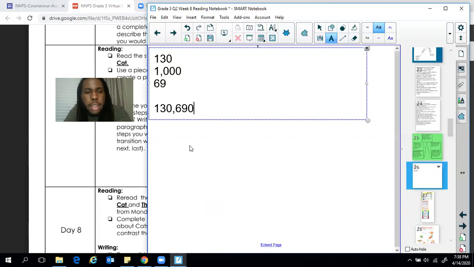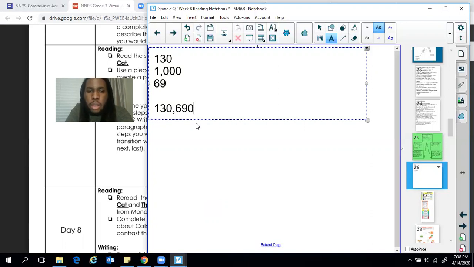All right, so I'm looking at this now. Honestly, friends, it's a little easier to read numbers than it is to read words sometimes, so I'm going to say this number and see if it sounds right. So I have 130,000, that comma means 1,000. Well, 690. That doesn't sound like